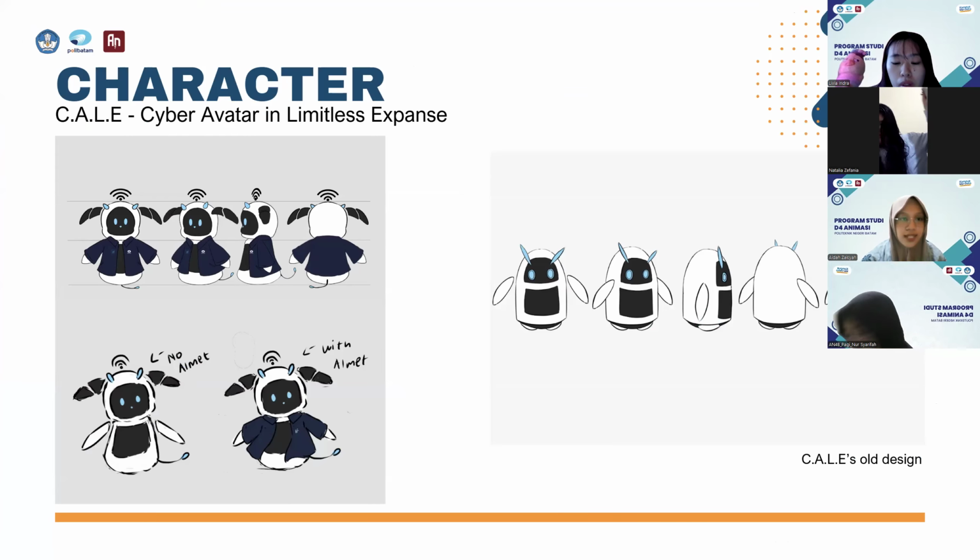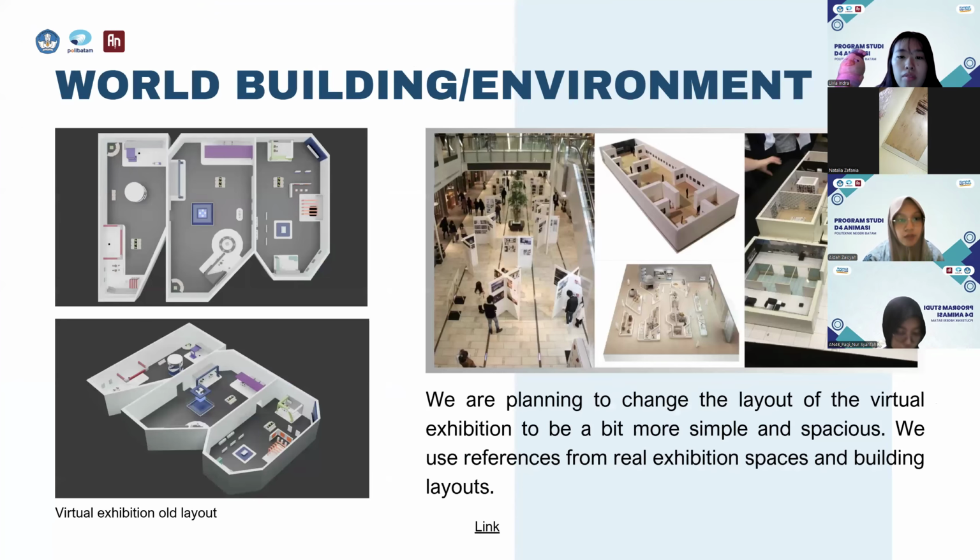So, we slightly redesigned the Kale robot into a flying dog companion for the virtual exhibition. The goal is to make Kale more unique and easy to remember. The shape is round and it doesn't have legs because it moves by floating. The ears work like fish fins to help control its direction while flying. We also keep two small hands so it can make gestures and stay balanced while moving. Since this robot also acts as a mascot, we give it a clear identity by adding a Polibatam jacket with the Informatics logo. Next.